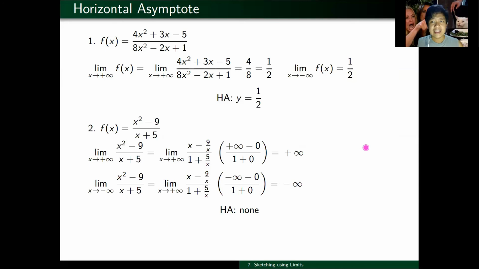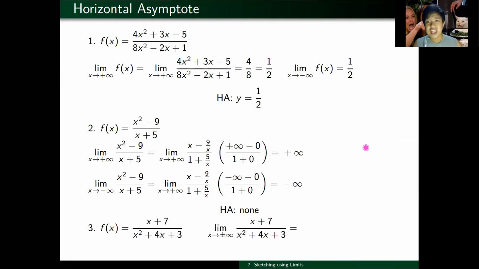And finally, this given. Shortcutin na natin. Limit as x approaches either plus infinity or minus infinity man yan, the degree of your denominator is lower than your numerator. So kapag ganon, easy, 0. Diba? So I have only one horizontal asymptote, which is y equals 0, or your x-axis. Okay? Good. Now,